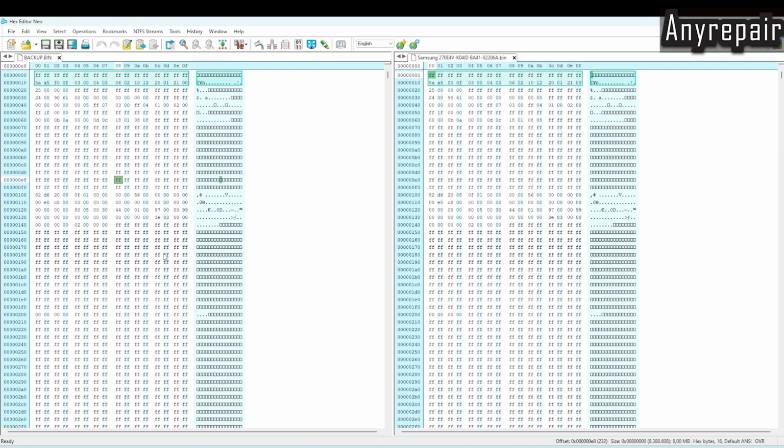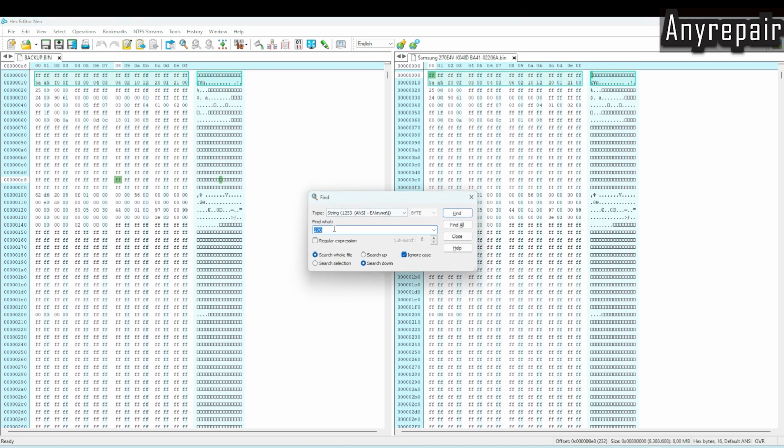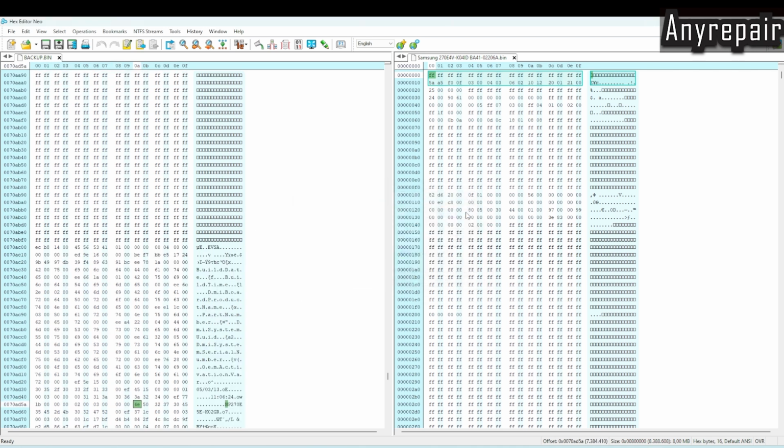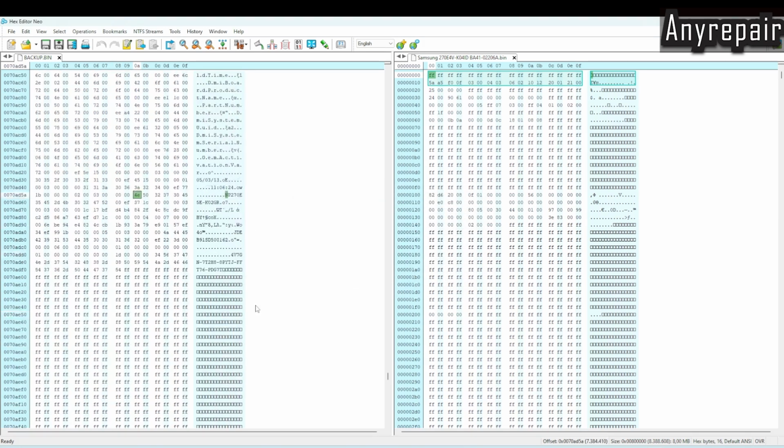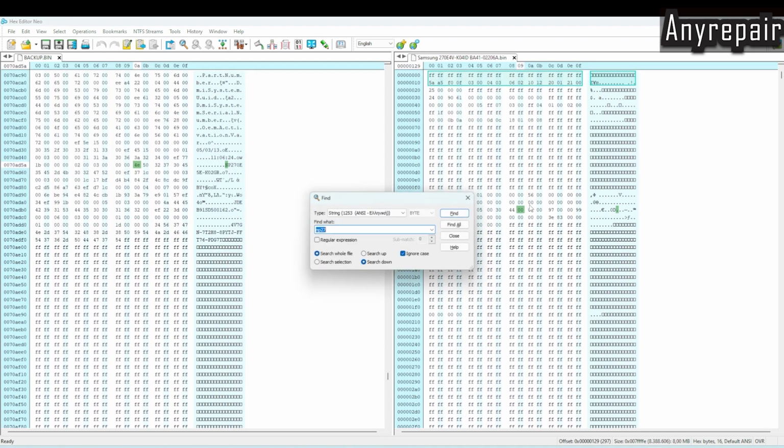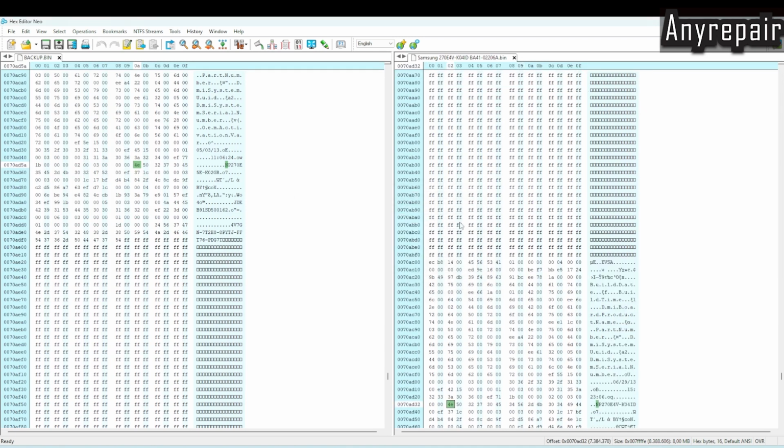In order to find such a thing, we must type the model number or the model ID or whatever we want to find. In our case, we are having a Samsung that is having this ID, this model number. It is an MP270,